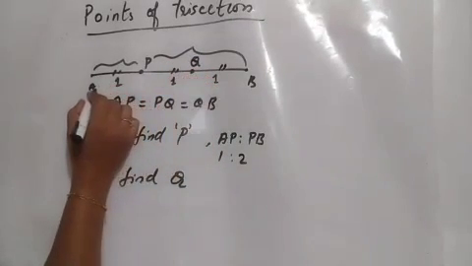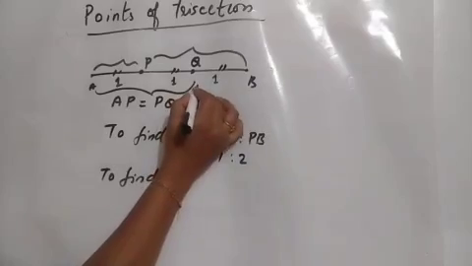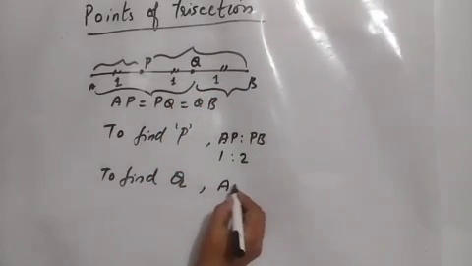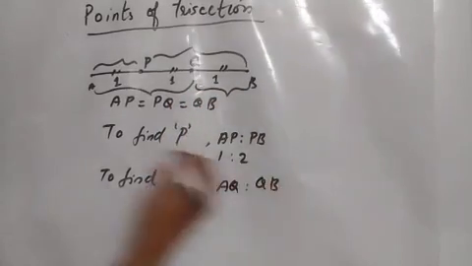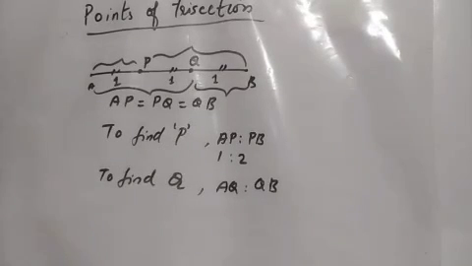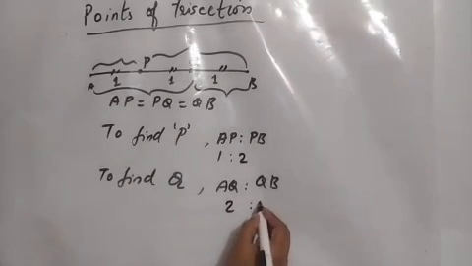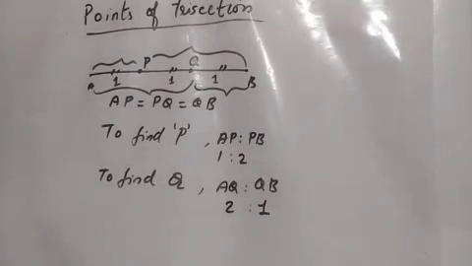Also, to find Q, that is the second point, okay, look at this. The ratio will be AQ is to QB. We should take the ratio AQ is to QB, that is 2:1. So these are the two ratios. Always remember this to solve the problems, that is to find the coordinates of P and Q. These are the points of trisection, and what is the ratio? First point is 1:2. To find the second point, the ratio will be 2:1. Same section formula we apply to find the points.